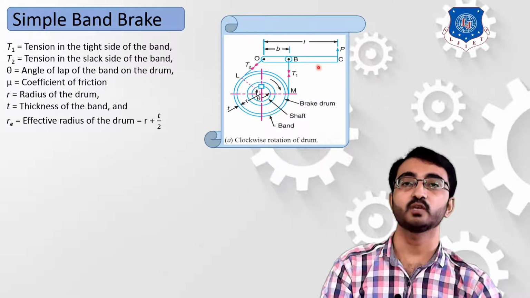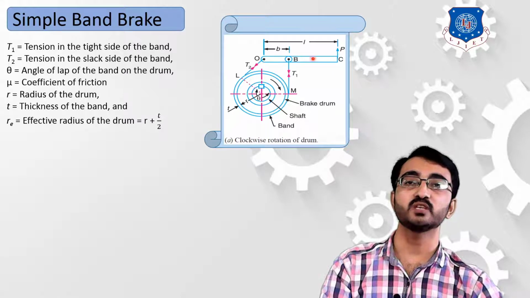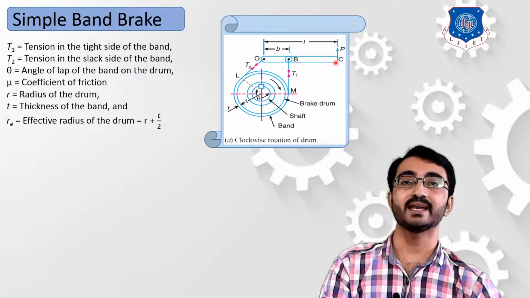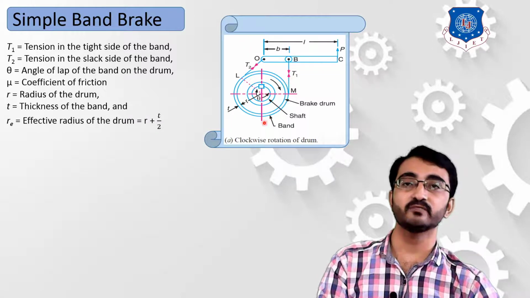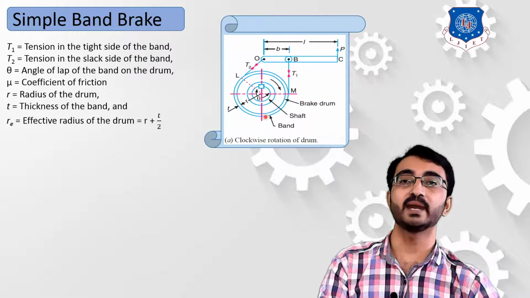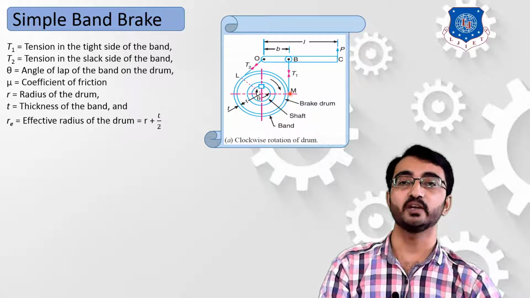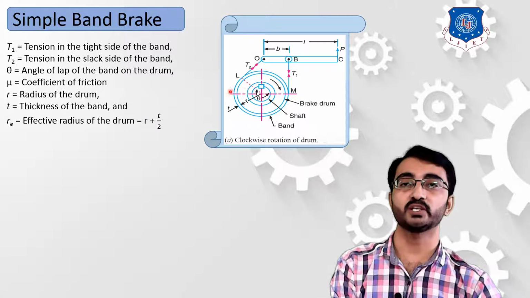Now you can observe this diagram. Over here in this type of brake, we are using one lever, and by applying force on this lever in this vertical direction, this external force will apply force on this band material, which will come in contact with this rotating wheel. Due to this contact between this band and this rotating wheel, there will be a frictional force generation, and due to this frictional force we can reduce the speed or we can stop the rotation of this body.